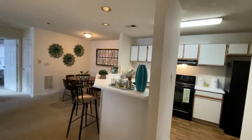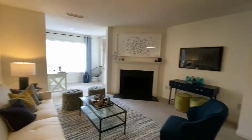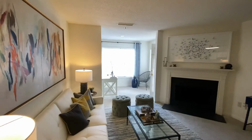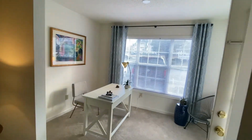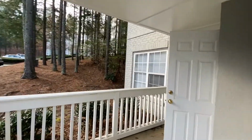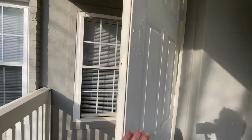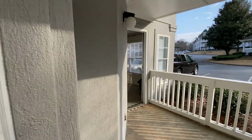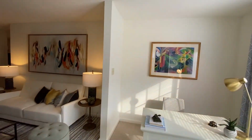Let's move on to the living room. Large living room with a fireplace. And all our 2 bedrooms have a sunroom for a desk or children's play area, which leads out to our balcony, with a 3x5 storage unit attached. Coming back in,